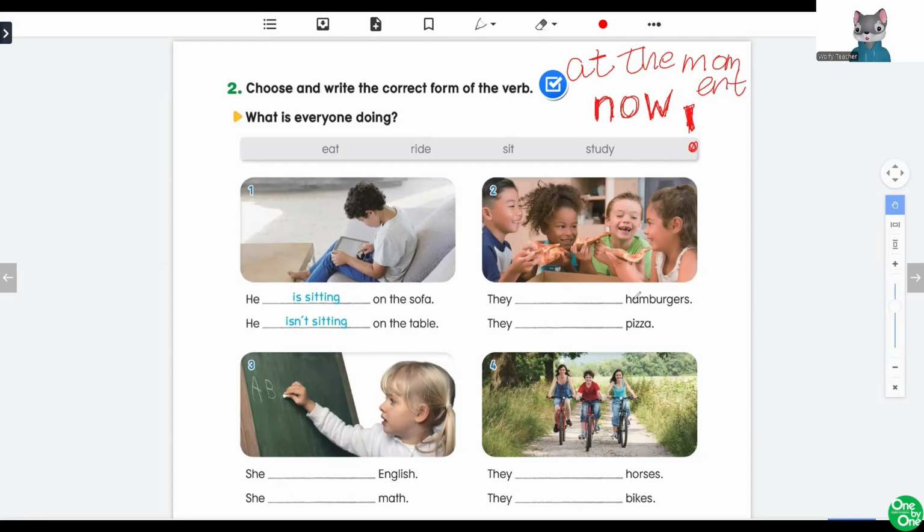Great. So are they eating hamburgers? No. So what do we need to say? We need to put it in the negative form. They,